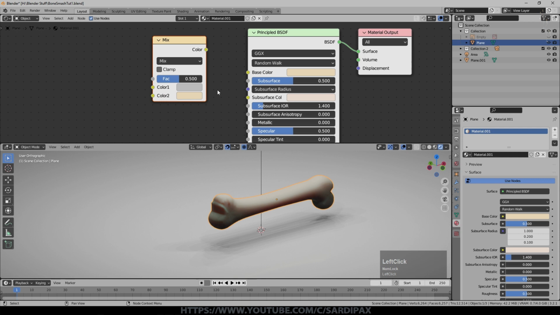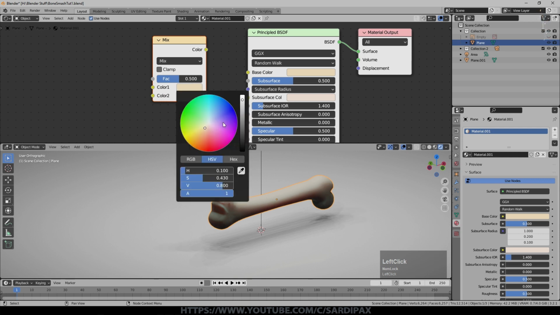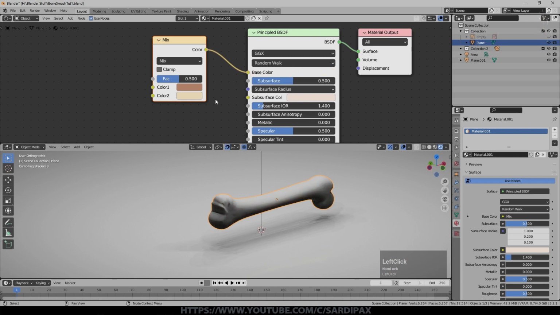So then I'm just going to add a color mix node. I'll put that lighter color in the bottom. I'll copy it on the top, but then I'll make it a stronger color, quite a bit darker, and we'll feed that into the base color. So with the factor all the way to one side, we'll get the darker color, and the other side will get the lighter color. It's still relatively subtle.